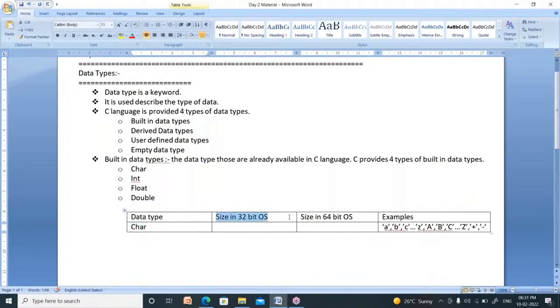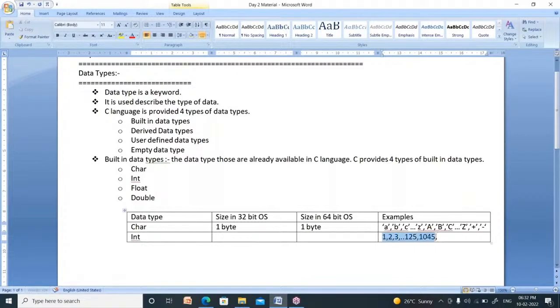The size of a character in a 32-bit operating system is 1 byte. In a 64-bit operating system also, its size is only 1 byte. Now, the next data type is integer. Integer means numbers 1, 2, 3 and so on. 125, 1045, all these are round numbers.